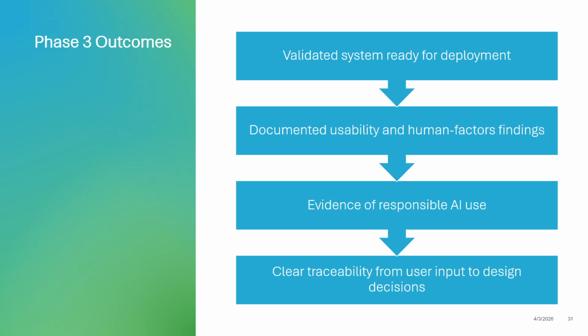Then, what is the outcome of that phase 3? Basically, we have a validated system ready for deployment. We have documented usability and human factors findings. We have some evidence of responsible AI use, in the case that we are implementing AI. And then we have clear traceability of the user input in all these stages and decisions, and that's going to be valuable not only for regulation, but it's also good practice